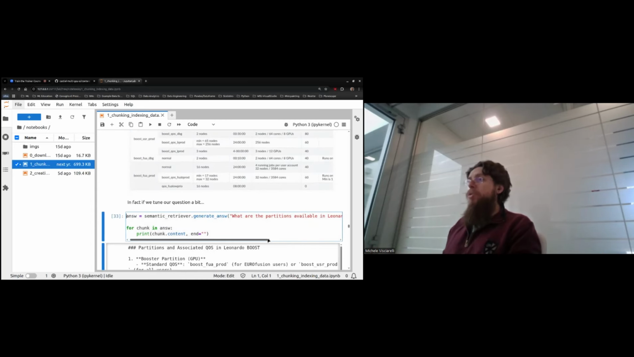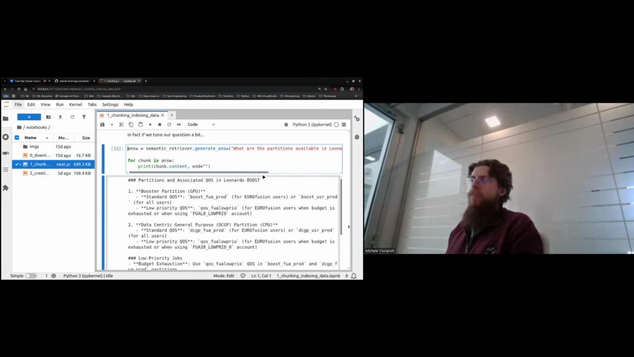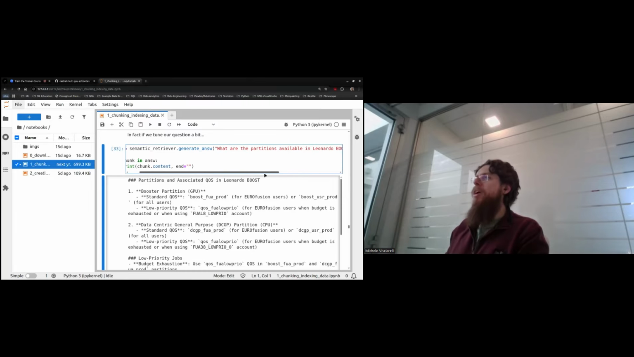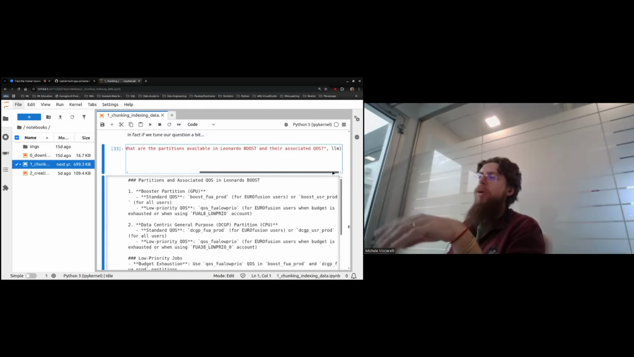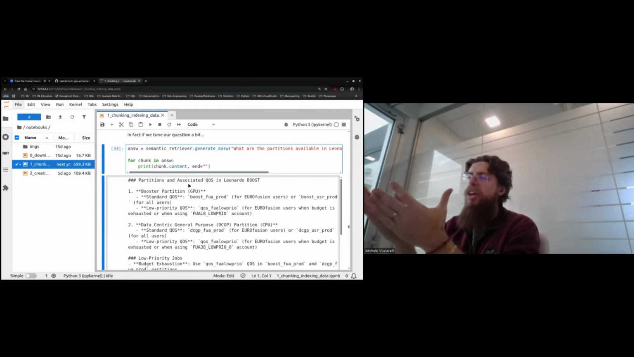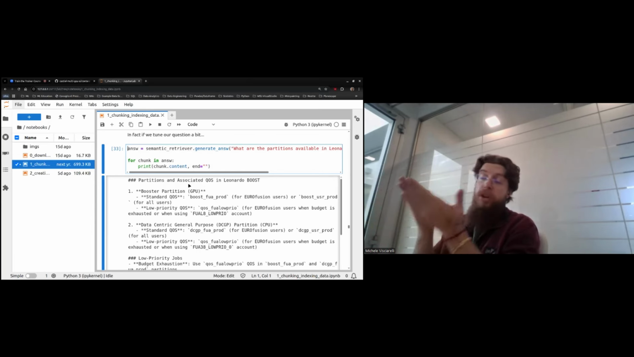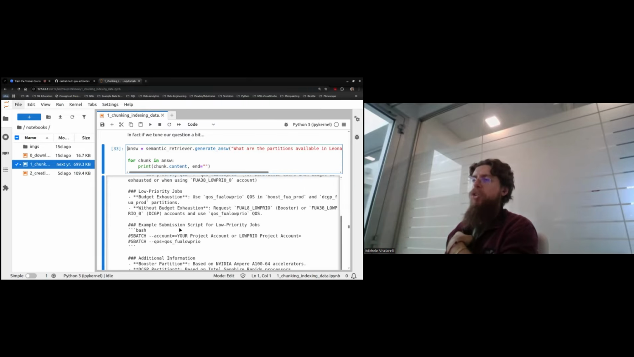In theory, we can tune the question, which is nothing that you want to do, of course, because you don't tune the question. You want to tune the system. But if we do this with just this minimal detail, we get a much better answer. What are the partitions available in Leonardo Boost and their associated QoS? Probably this question is much more specific, so it's much easier for the retrieval, I'm sorry, to find the chunks that actually have this information. But